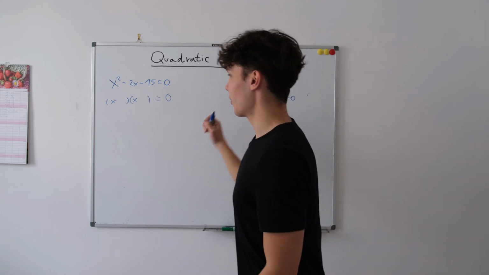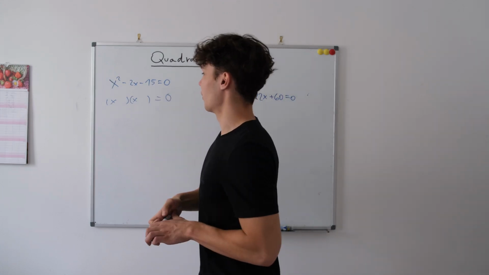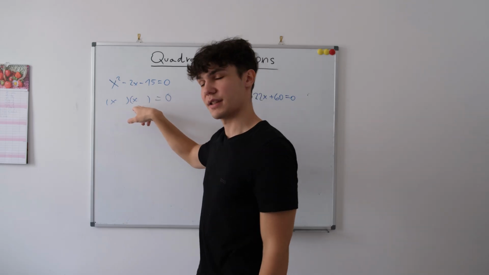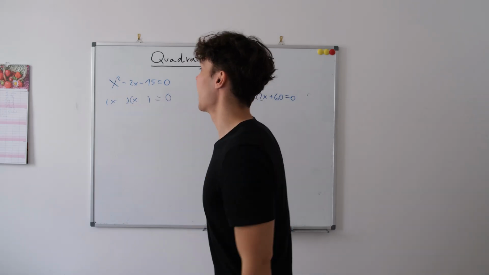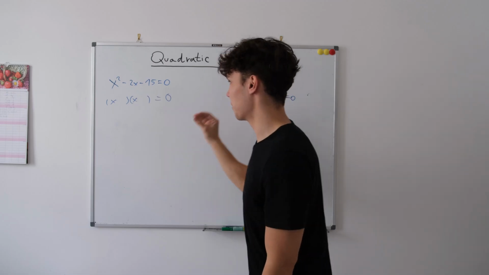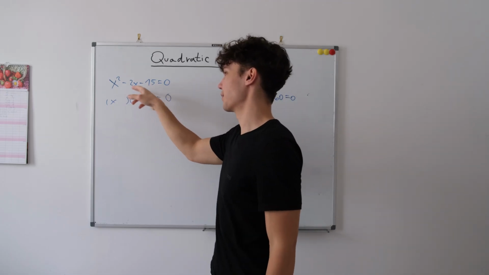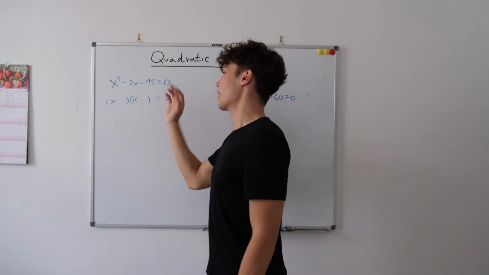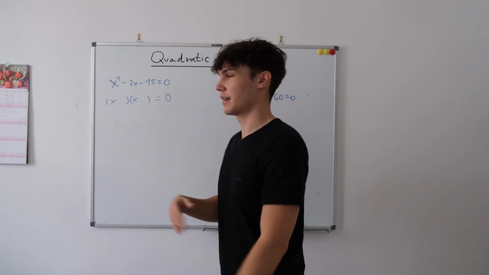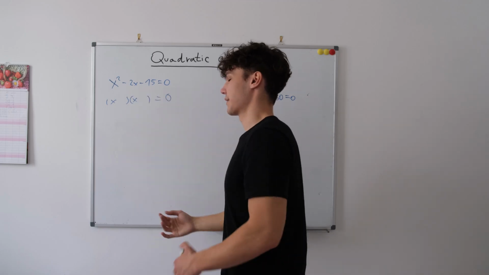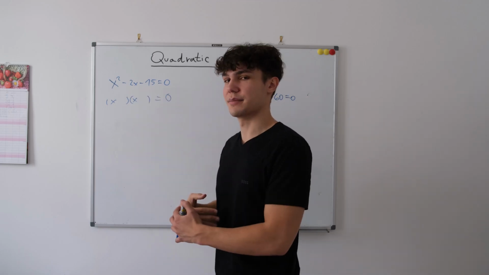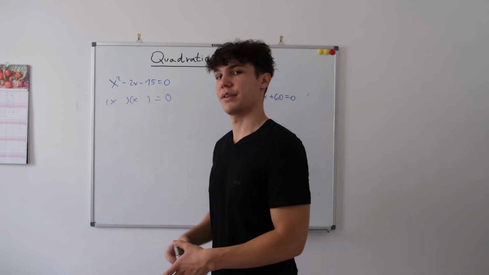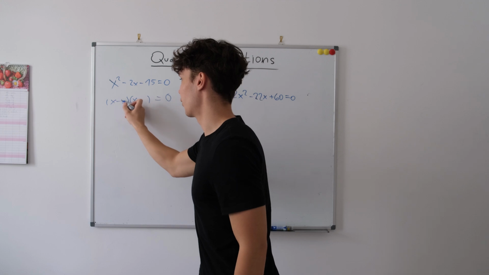So in our case, we can use these two parentheses, and we know that x times x is going to be x squared, and now we're looking for numbers that can give us these two unknown things, right? So what numbers, when we add them together, give us minus 2, and when we multiply them together, give us minus 15? Minus 5, plus 3, right? And so when we try this,